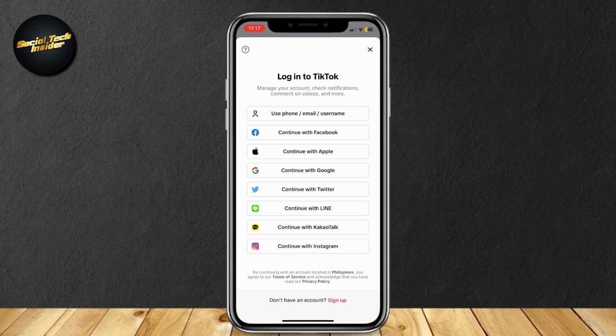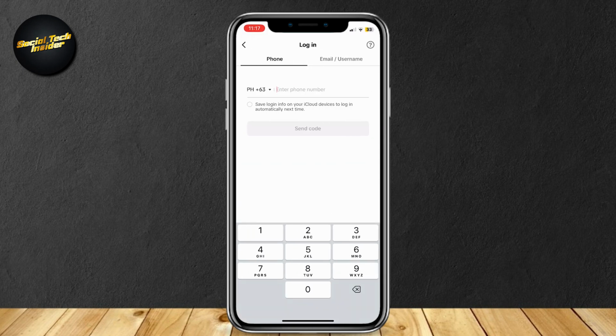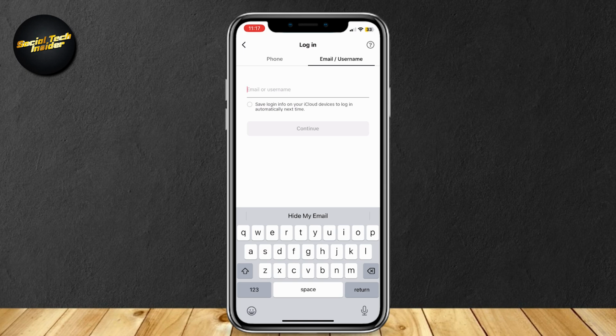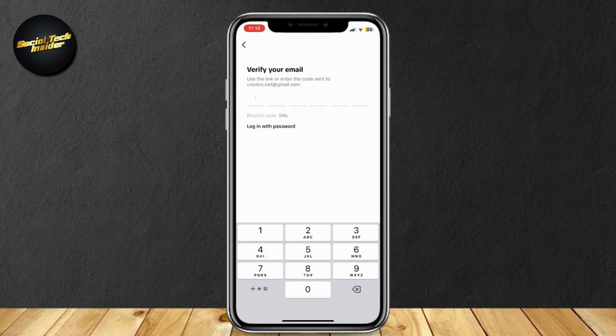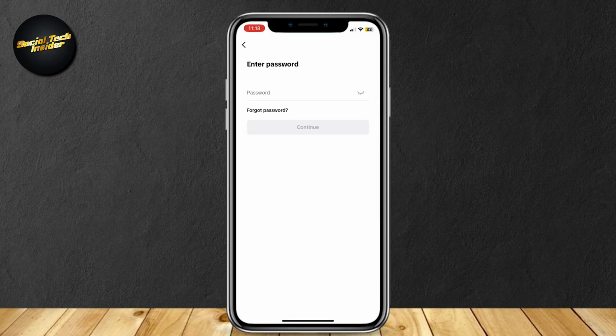So let's say you want to use your phone or email or username, but you don't actually know your password. This is how you can reset it. So simply type in your email and then press on continue. Once you're here, it's going to ask you to verify your email. Now, this is another way of logging in without using your password. It's going to send you a code through your email, and then all you have to do is type it here. But if you truly want to reset your password, simply tap on login with password, and now all you